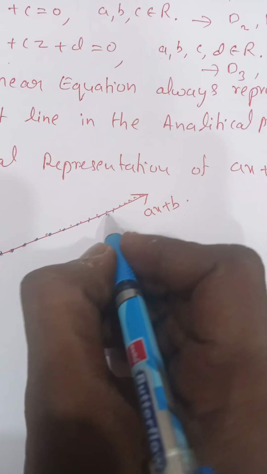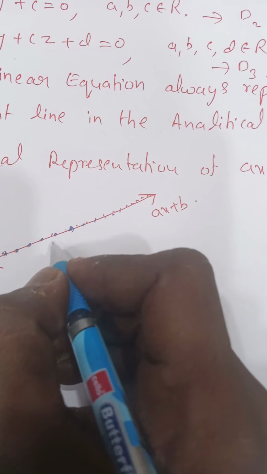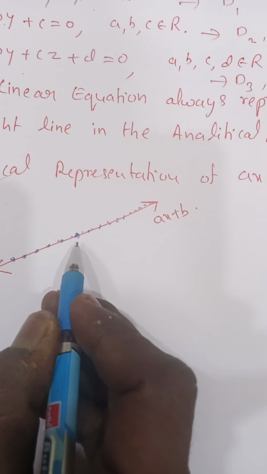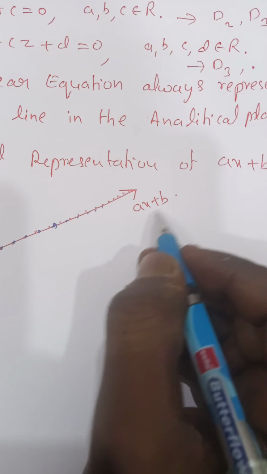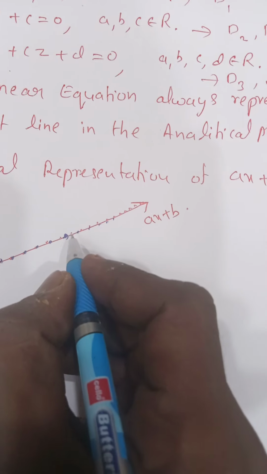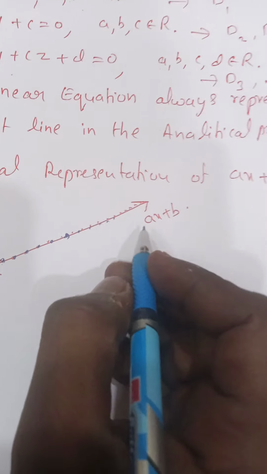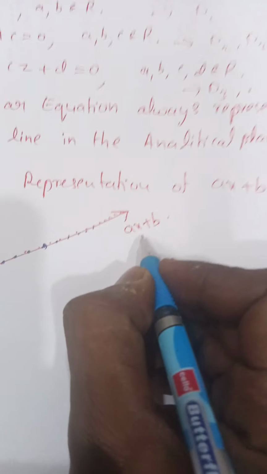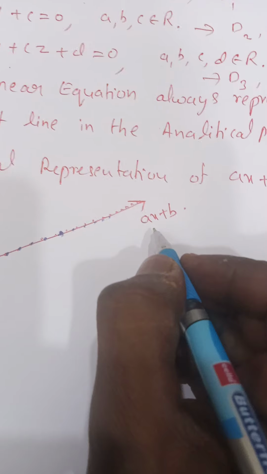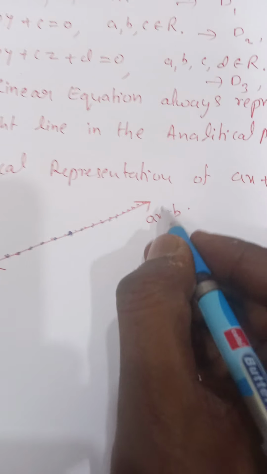They are the zeros. Means if they intersect this line in the x-axis at one point, we can say that this line has only one zero. So actually the zero is different from the solution. The zero is nothing but the value of the variable which gives the value of this given polynomial as 0.